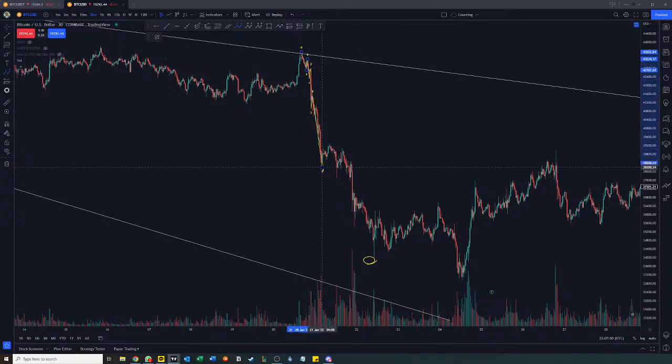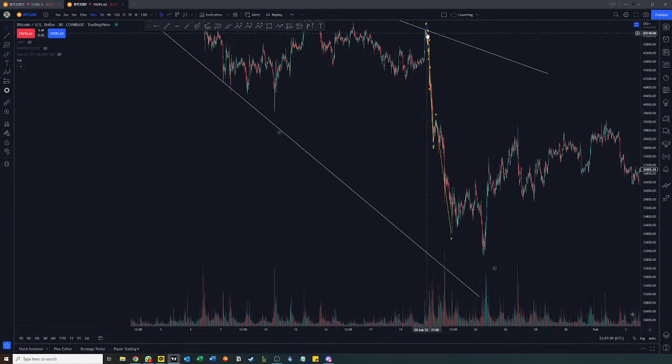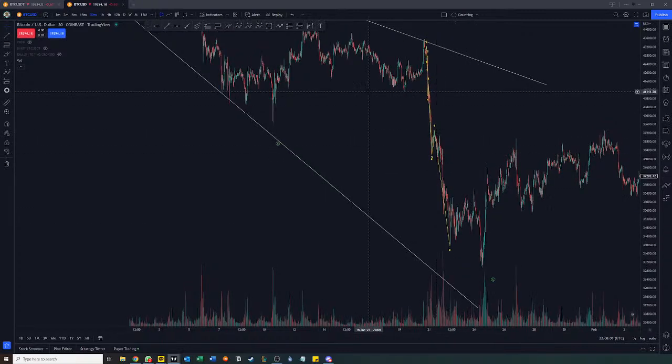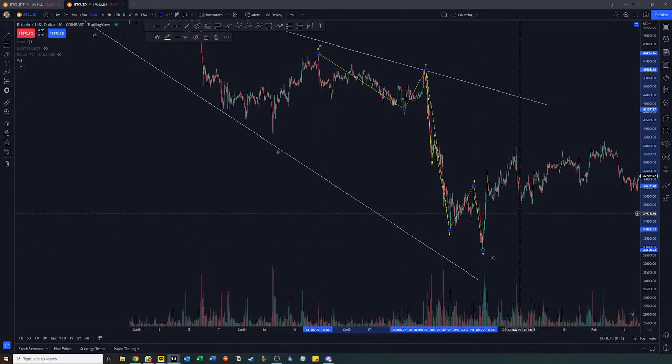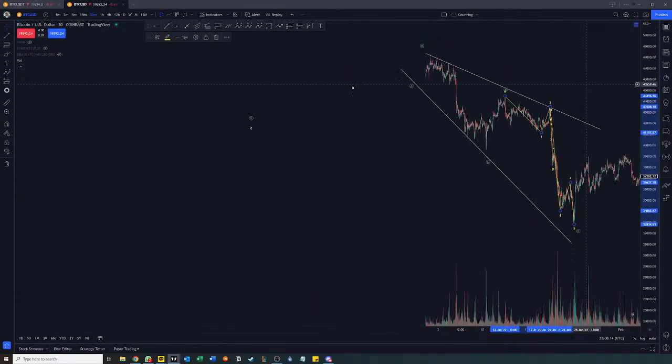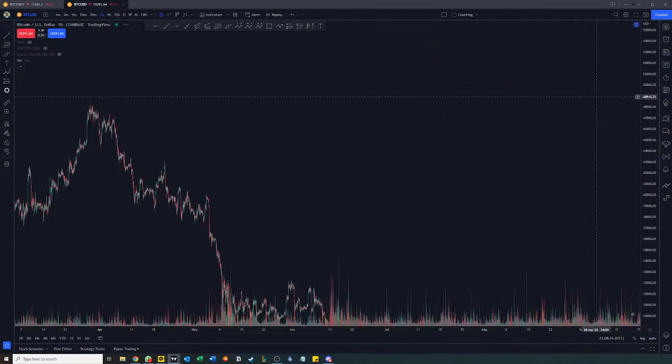1, 2, 3, 4. 1, 2, 3, 4, 5. I still think that the third wave ended like this. Maybe it ended in a 5 wave then, like this, leading that 1, 2, 3, 4, 5. There's no other way to explain it, and it makes sense because, as I told you in the beginning of